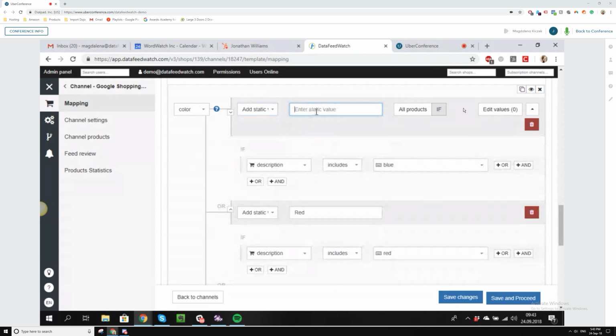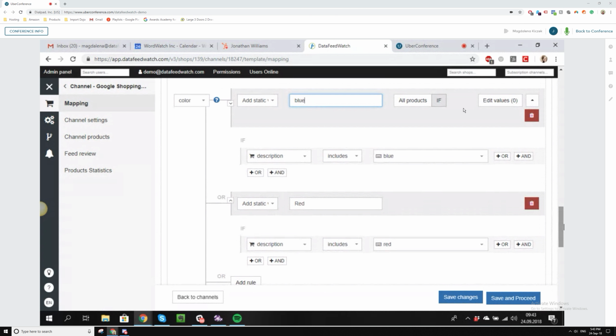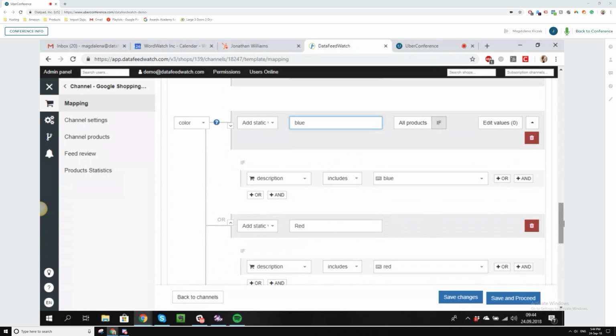But let me just go back to the way it was before for a moment. And let's say I just created a pretty complex rule with my colors. And now I'd like to actually use this information maybe for my titles, right? So I'd like to include the information about the color in my titles. So instead of going back to the title and now creating a super complex rule to add the colors, add the description like name plus blue plus size if the description includes blue and so on,